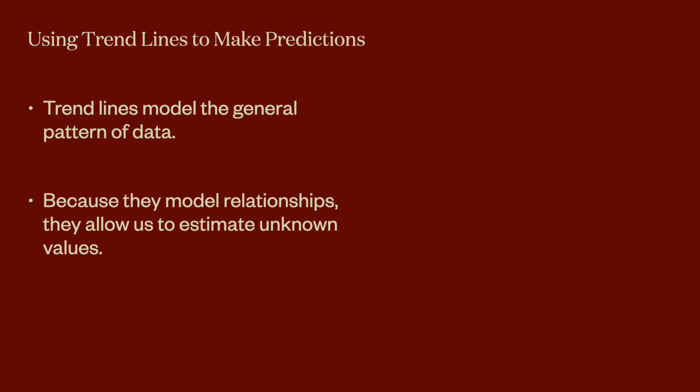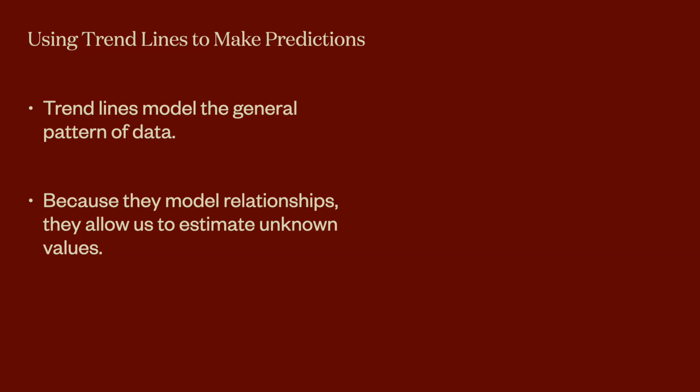We have learned how to create a scatter plot. We've learned how to create a trend line that models that scatter plot. And then most recently, we've learned how to write an equation in slope-intercept form to say exactly what that trend line is and use that trend line to model data and make predictions. Trend lines model the general pattern of data, and because they are modeling relationships, they allow us to estimate unknown